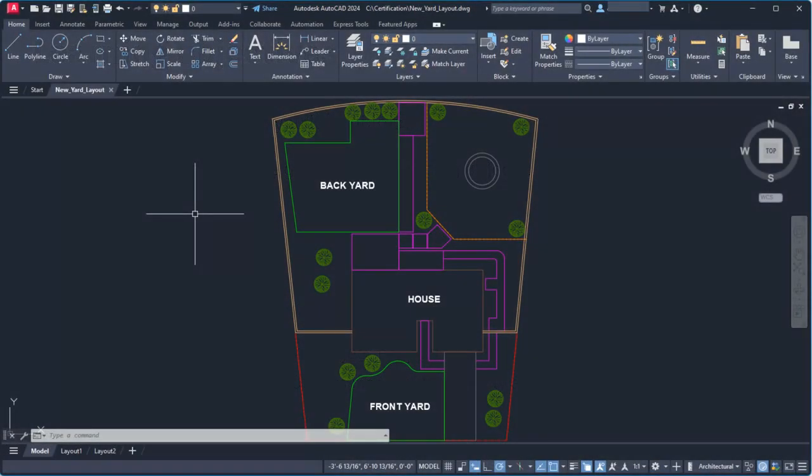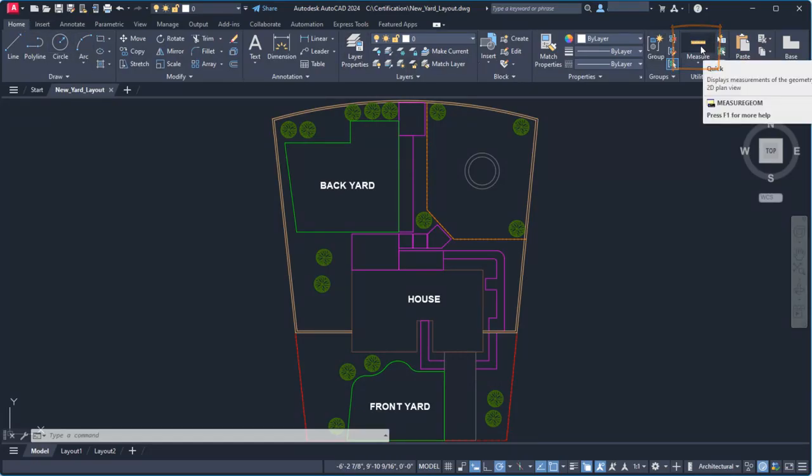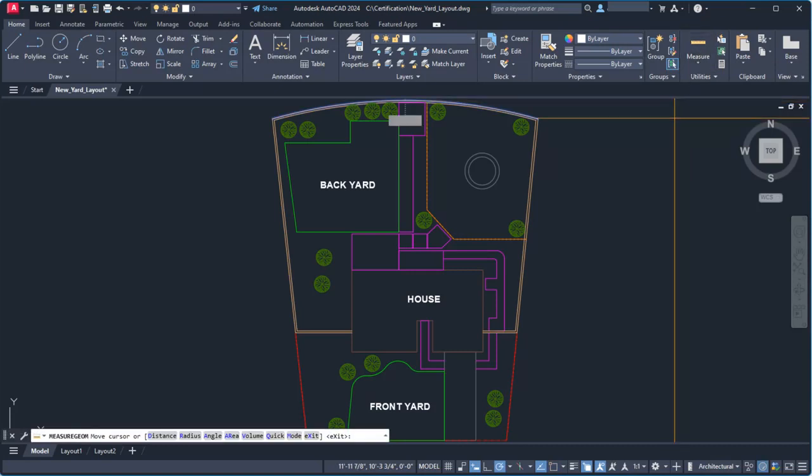Open the new yard layout drawing provided in the dataset. On the Ribbon's Home tab, click on the Measure tool on the Utilities panel. This executes the MEASUREGOM command in Quick Mode. In Quick Mode, as you move your cursor around the drawing, various distances, dimensions, angles, and radiuses are displayed